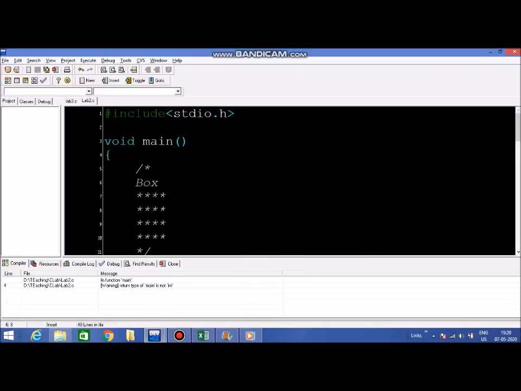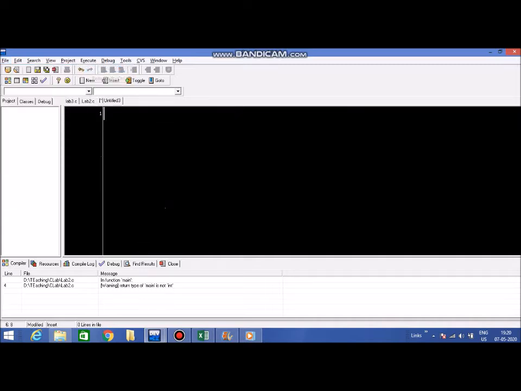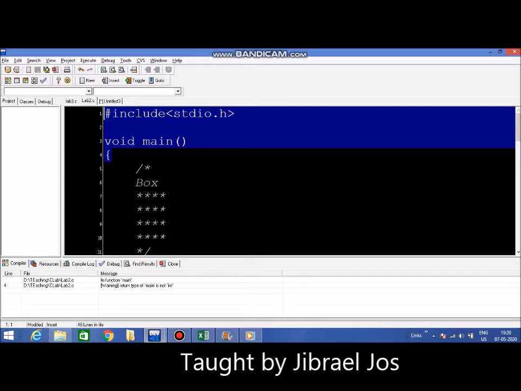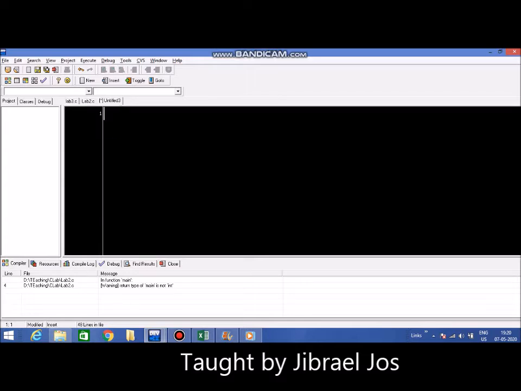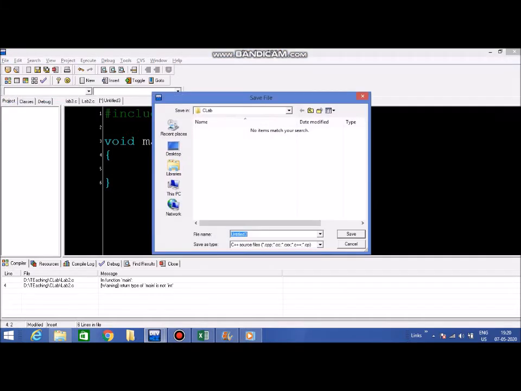Hello, so we will try to understand how the if condition really works. We'll open a new source file. It's an empty screen. I will take these initial lines from this program and paste them here. I'll close this brace for the end of the program. Save the file. This is very important. Many students tend to not save files and sometimes the system stops and your program is gone.